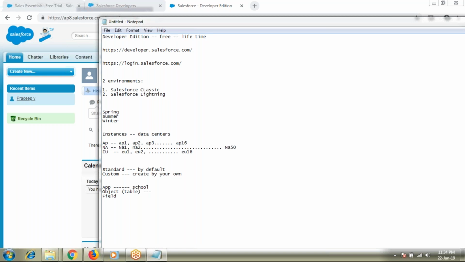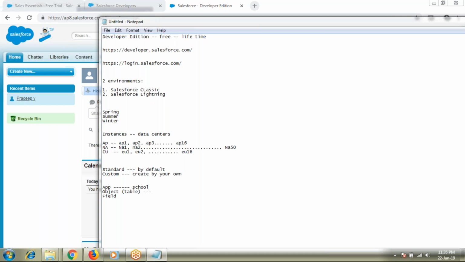Now when I'm running a school, I want to use a Salesforce application as a platform to track all my students' information, the students' parents' information, and student information like what is the classroom, what is the section of a specific student, how many marks he or she obtained, who is the class teacher of each class, and the class teacher and teachers' information. All this information I want to track, and I can use Salesforce as an example.